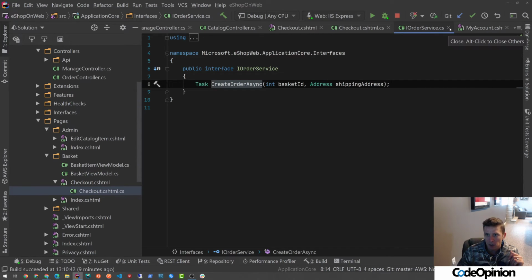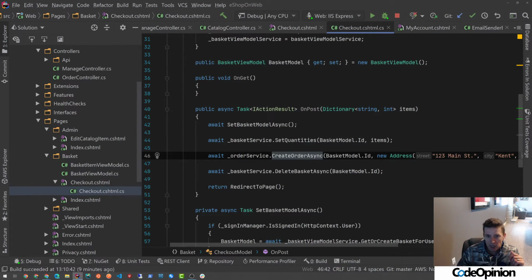So what we would do in this particular case is, upon checkout and creating our order, we would emit an event about that order being created. And then subsequently from that, we can handle that event to do numerous things. One of them could be emailing whoever created the order, and we could do something like